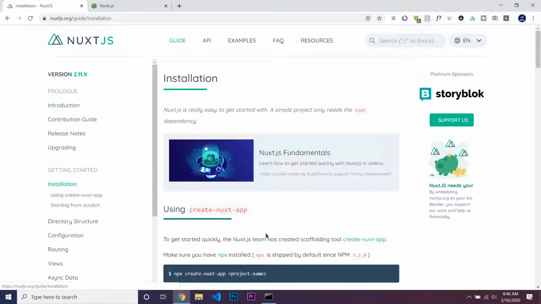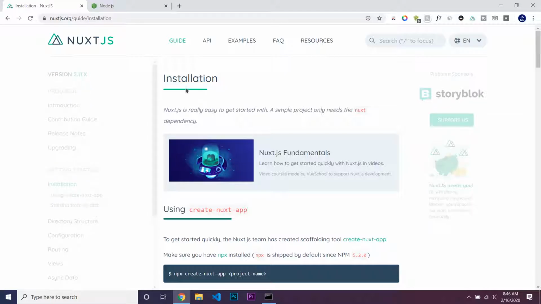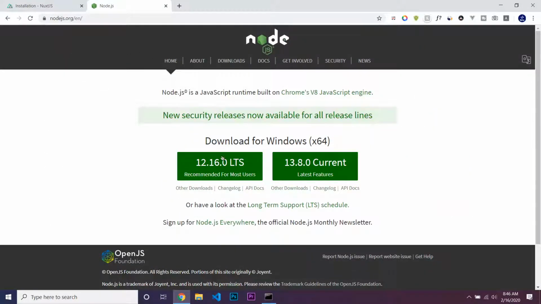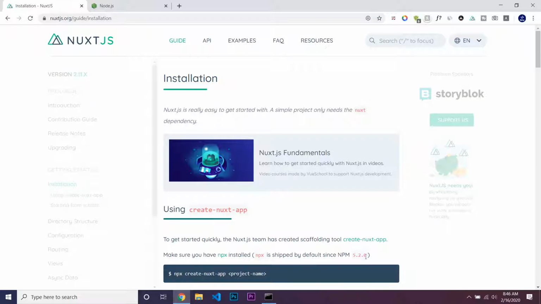Before we can start it, we need to have Node.js installed, so then we can use npm, which is just a Node package manager. So we just go to nodejs.org, and then we should be installing the LTS version, which is the most stable build. So once you have Node.js installed, you must make sure that you have a later version than 5.2.0 of